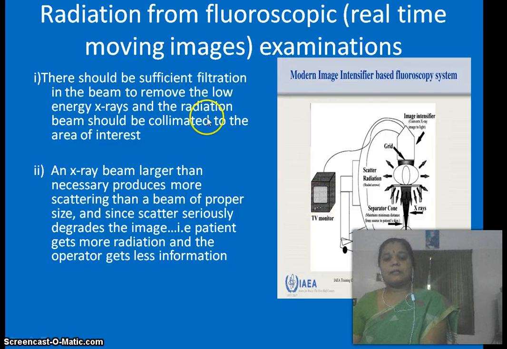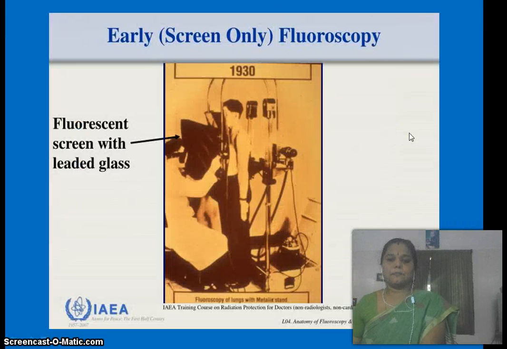Right. So what are all the possible measures that could be followed to reduce the radiation in case of fluoroscopic examinations? First thing is, here too, some sort of filters, aluminum filters, should be used to avoid the low energy X-ray beams reaching the patient. And when an X-ray beam is much larger, scattering is possible, and because of scattering the image might be more blurred, or it may not give you more information, so the detailed information will be missing in an area. So the beam area should be kept in mind. It should not be much larger. If the beam is larger, it results in less information in the image.